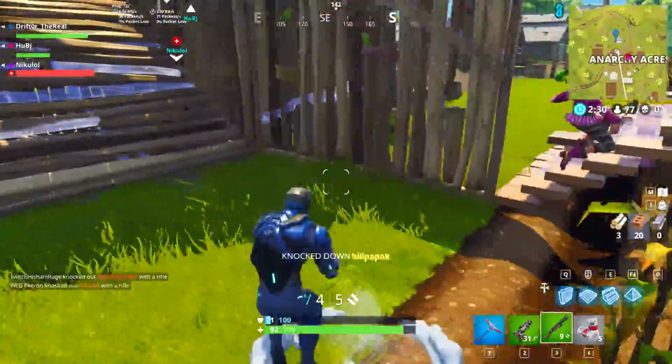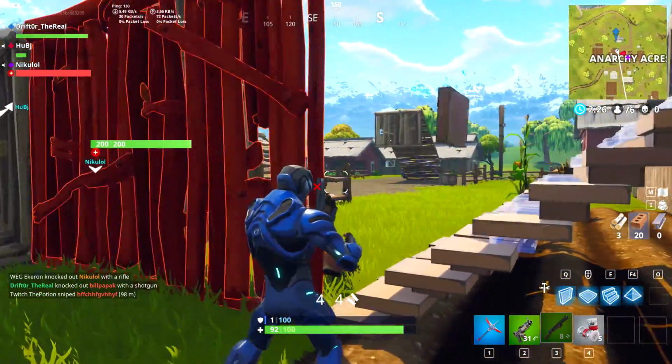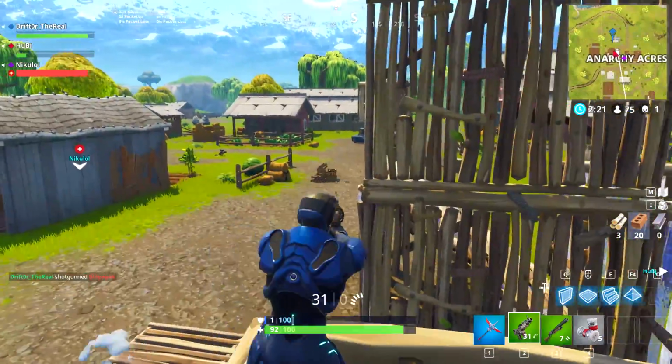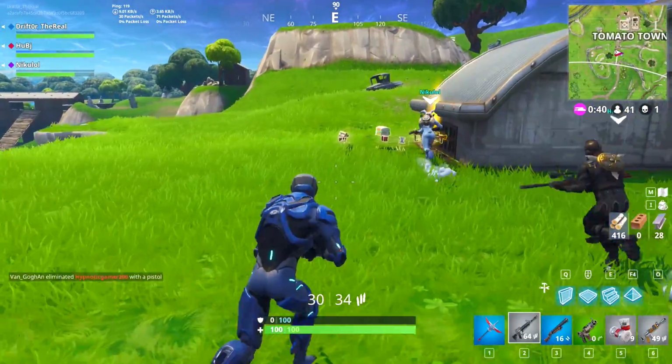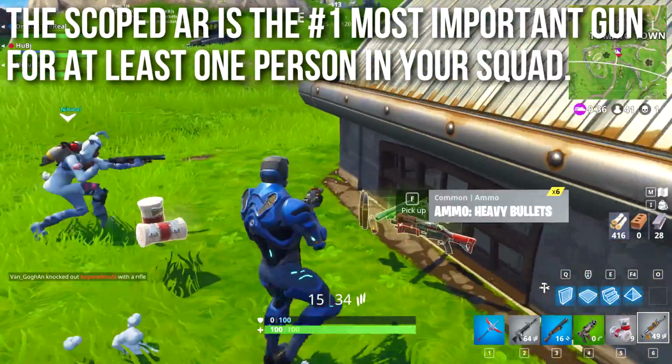If you're playing duos or squads, this makes it very, very easy for you to support your teammate in a gunfight, pressure the enemies through the psychological pressure of them taking additional damage, and just lower their health to tilt the fight into your teammate's favor. I think the scoped assault rifle is the number one most important gun for at least one person to be carrying